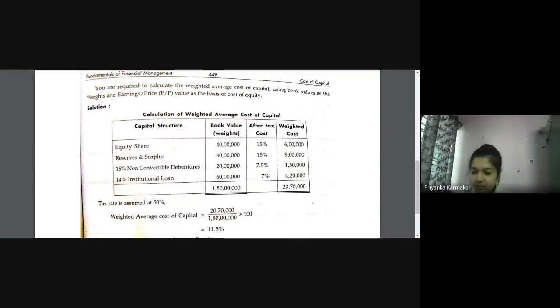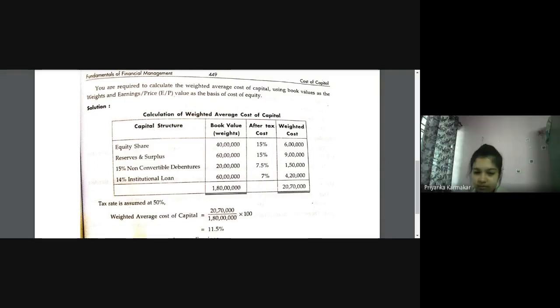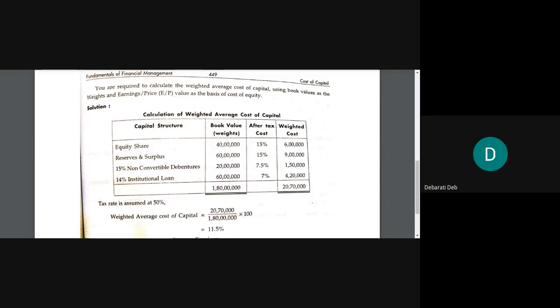Ma'am, DP by MP plus growth. DP by MP. Okay. So DP means dividend per share and MP means market price, correct? All right. And plus G was also there, right? So you have to see the last year's growth rate. Check what is the growth rate from 84 to 86. No, from 85 to 86. How much is the growth rate?